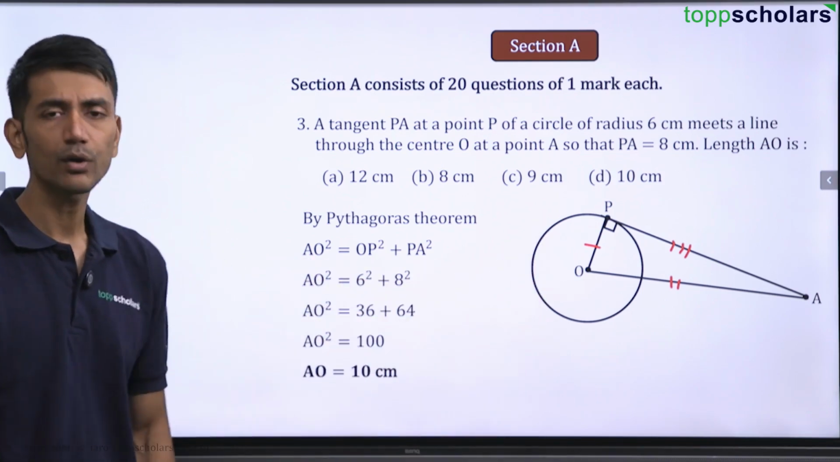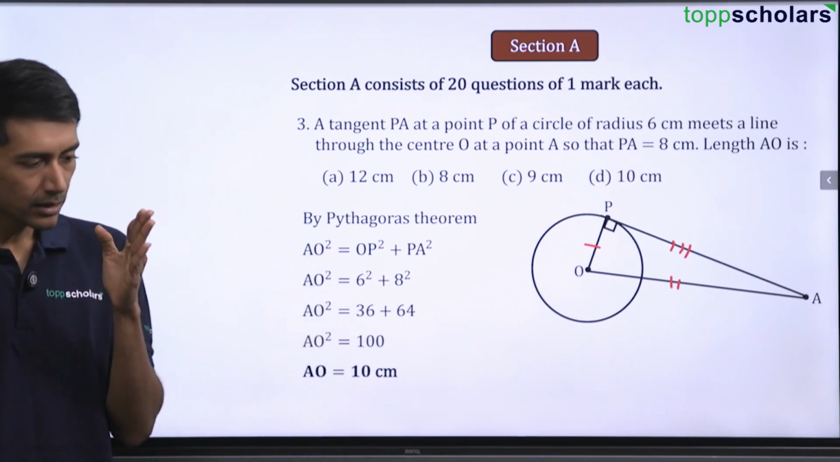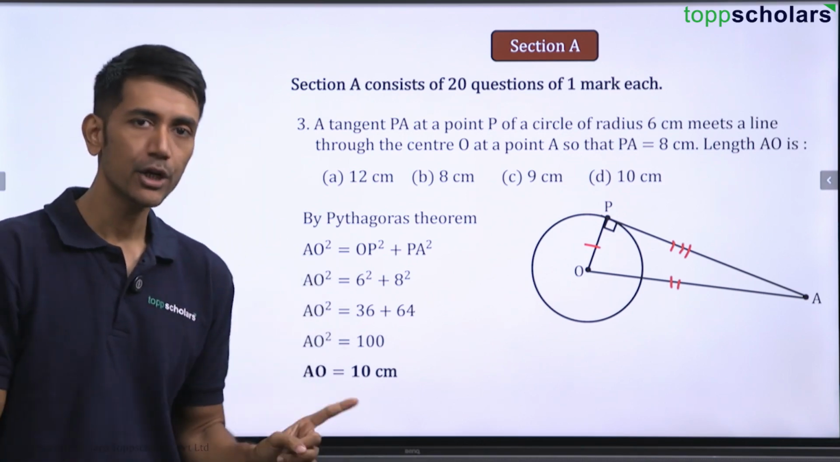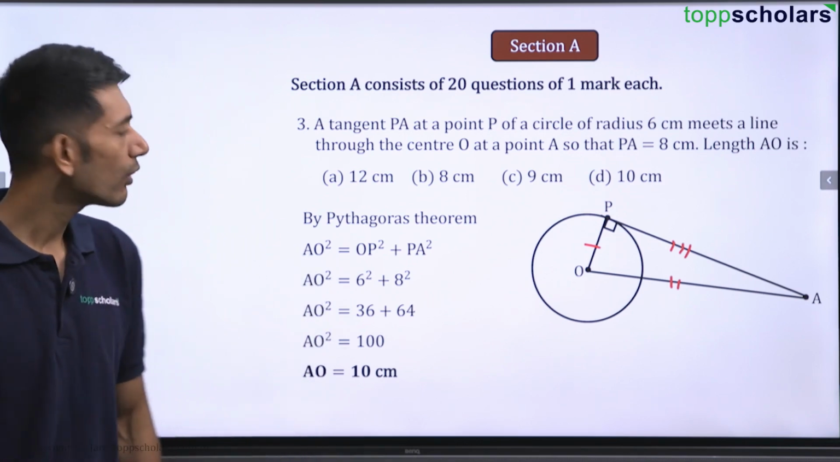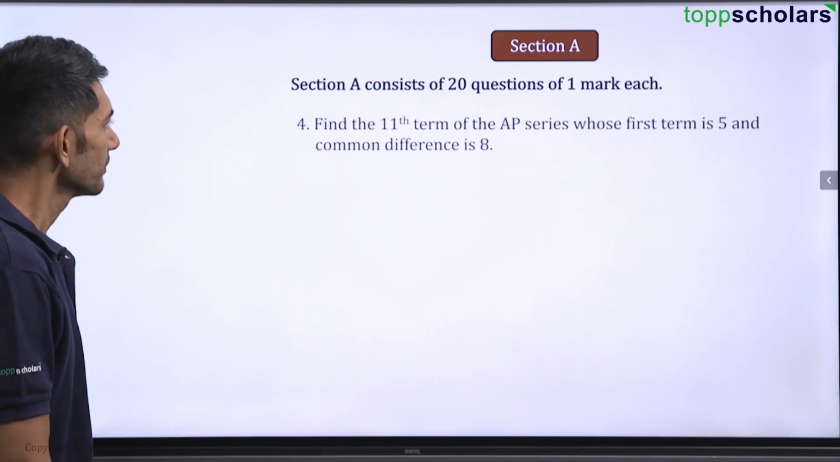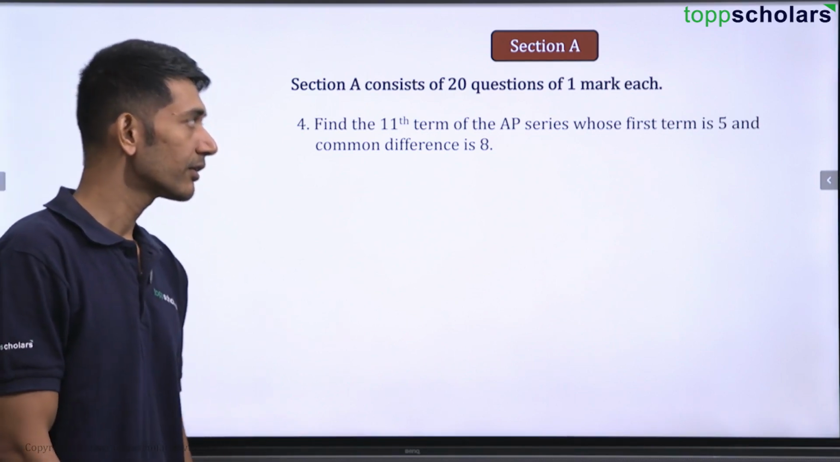You can expect this type of question as well, where a circle will be given. The relation is between the radius and the tangent. And what is the relation? The tangent is perpendicular to the radius at the point of contact. Perfect. Okay. Fourth question. So we are supposed to find out the 11th term of the AP series, whose first